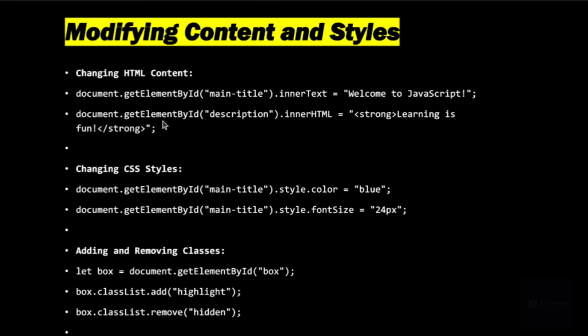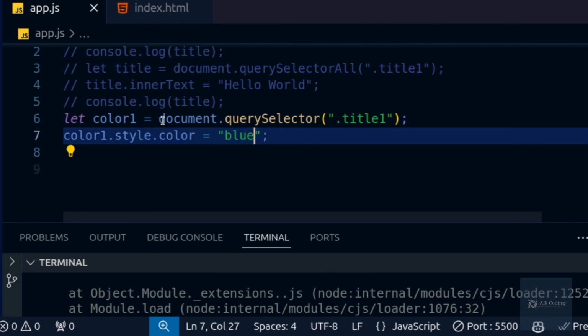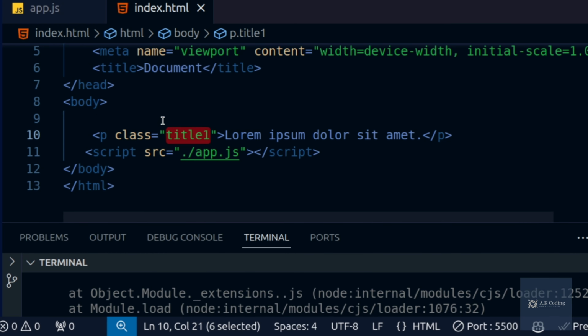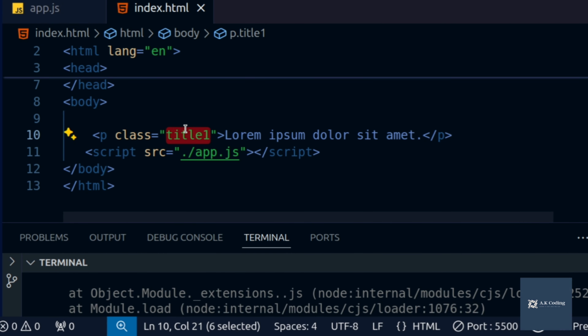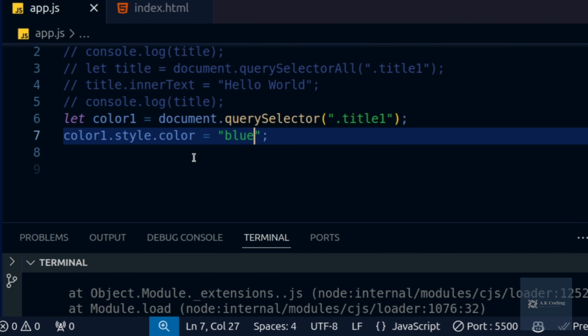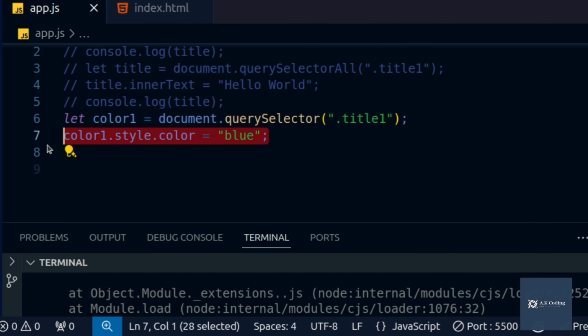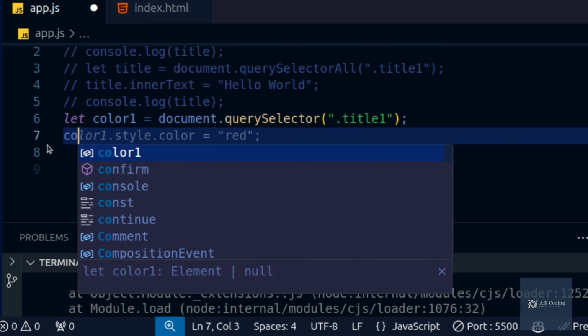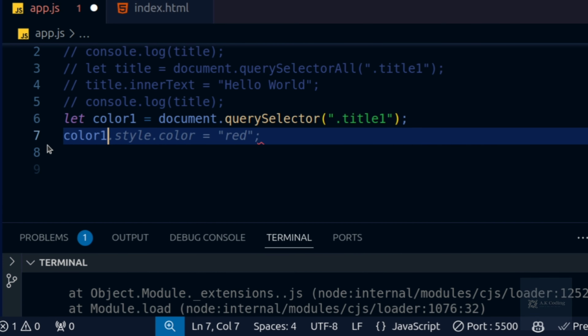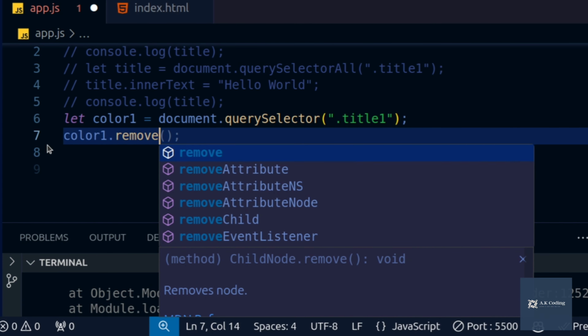The next thing is adding and removing classes. We can access HTML with JavaScript, and we can even add and remove classes. How can we do this? As you can see, we have a class now, and I want to remove this class. How? I will just remove this, and I will write here color1 dot remove,